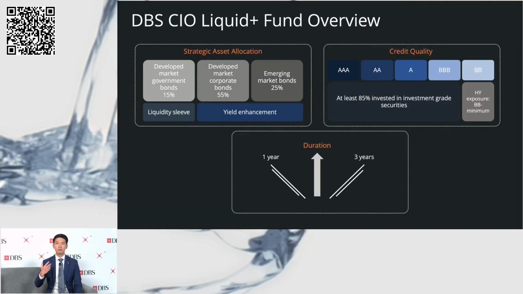Now let me just run through the investment process on how we construct the Liquid Plus portfolio. This slide here shows you some of the key considerations we take into account in building this portfolio. We add value through both top-down as well as bottom-up strategies. Now, top-down involves identifying the best segments to be overweight in from either a geographical or a sector perspective. Now, duration is which part of the yield curve we want to be positioned in to extract the best returns.